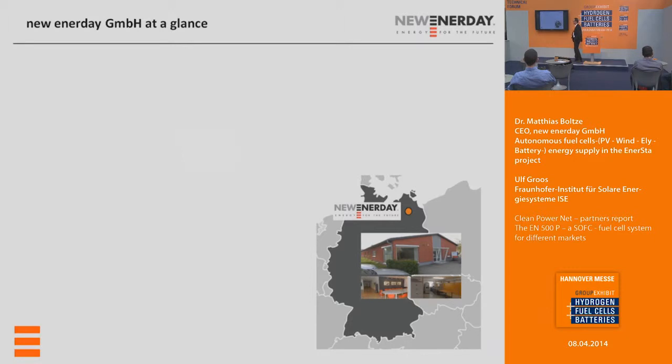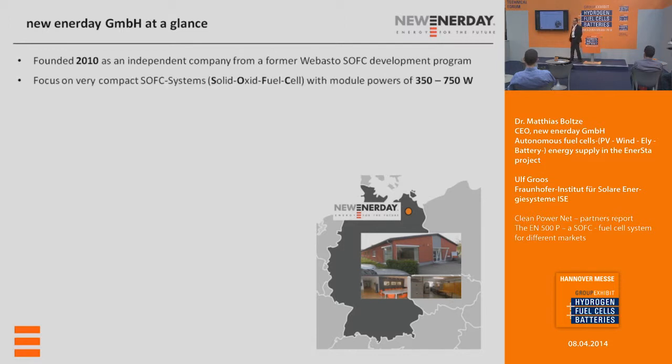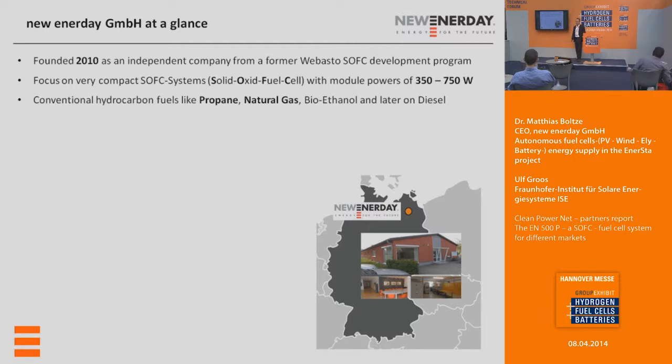A short introduction of the company. It was founded in 2010 as an independent company from a former 8-year-long development program at the German automotive supplier Webasto, dealing with SOFC components. We are focusing on system module powers of between 350 to 750 watts, and we operate on logistic conventional hydrocarbon fuels like propane, natural gas, bioethanol, or later on diesel. This diesel know-how we have from the Webasto development,